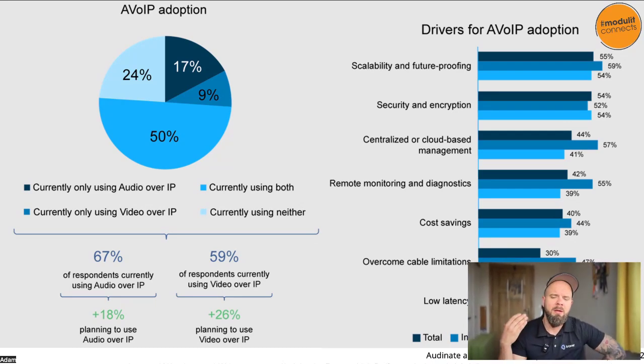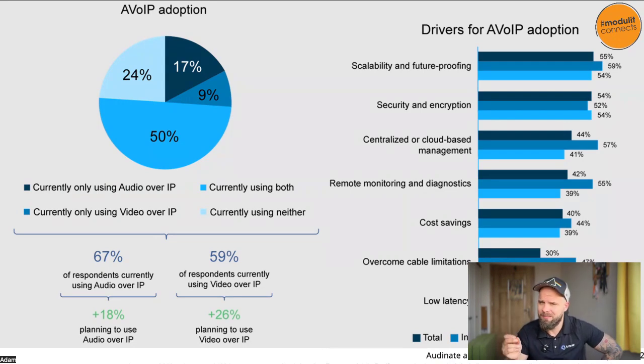You can see the answer here: why AVoIP is getting better and better sales every year. So people now understand that scalability, which is one of the features of AVoIP, is very important. Future-proof technology, this is actually AVoIP. If you need to secure your signal, there is a network factor here, but it doesn't matter.